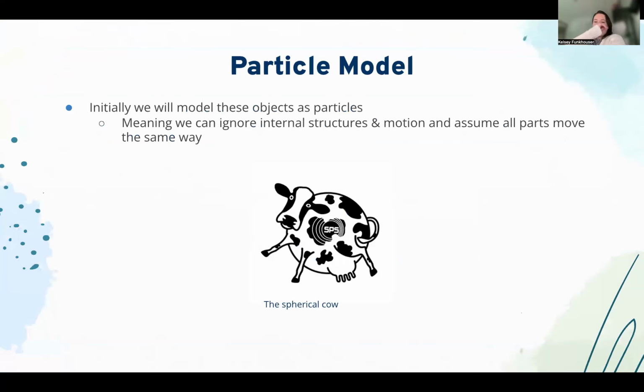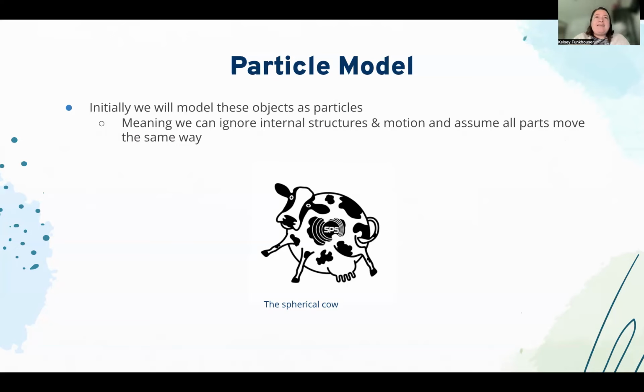In order to understand the effect of the interactions between an object and its environment, we start by simplifying objects by thinking of them as particles. This is called the particle model, and it just means we can ignore the internal structures of the motion and assume that all parts of the object move the same way. This is useful for learning fundamentals, and then eventually we will analyze extended objects, which you might not always like,